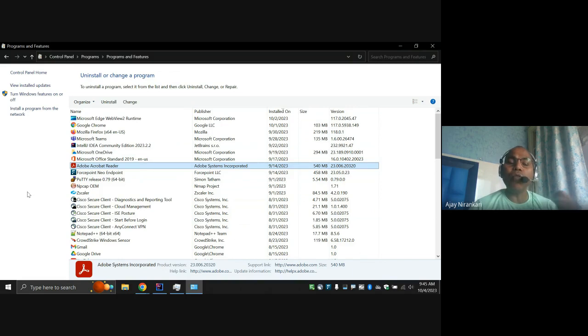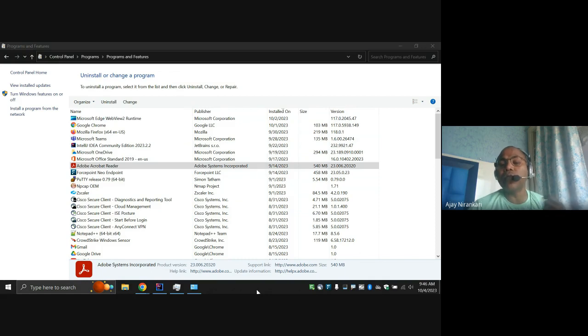So whenever you are installing any software, the software requires some kind of memory, right? If there is not enough space available in your machine, you cannot install any software on it. That indicates that whenever you install any new software, it requires some memory.